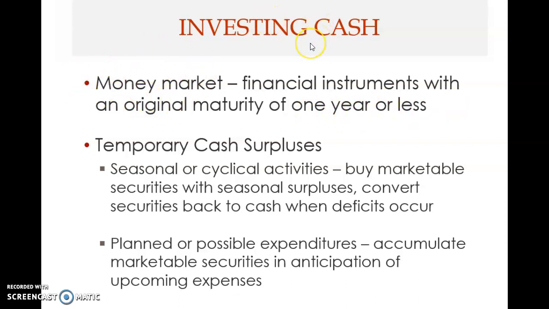So we have idle cash or excess cash. We invest that in money market instruments. So these are temporary cash surpluses. This is due to seasonal or cyclical activities. So you buy marketable securities with seasonal surpluses. And then you convert these securities back to cash when you have